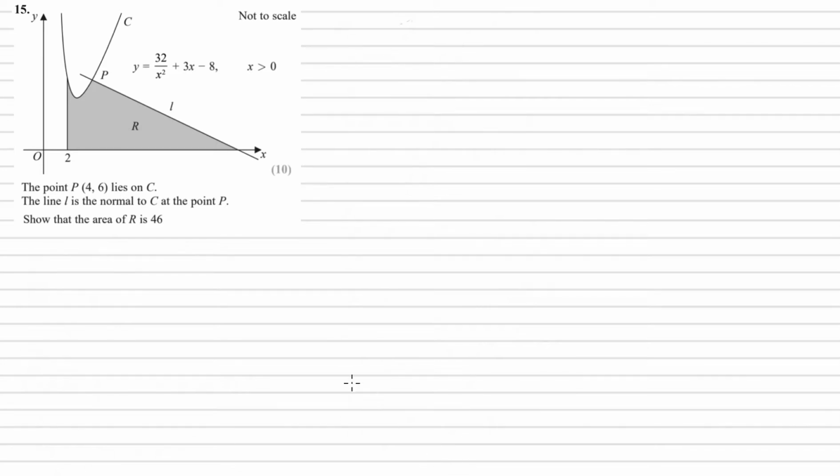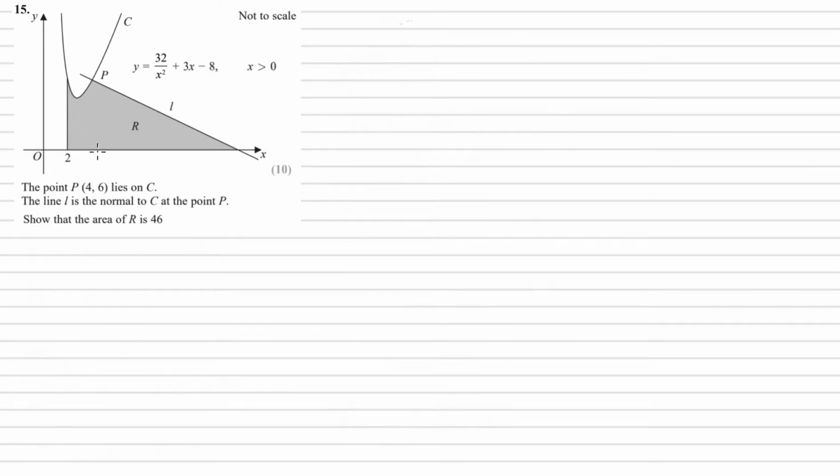Hi. So for question 15, we've been given the equation of curve C. We've been told the point P, (4, 6), lies on C. And we've also been told that the line L is a normal to C at point P. And we've been asked to show that the area of R is 46. Okay, so this area R is the area bound by the curve, the line, the x-axis, and the line x